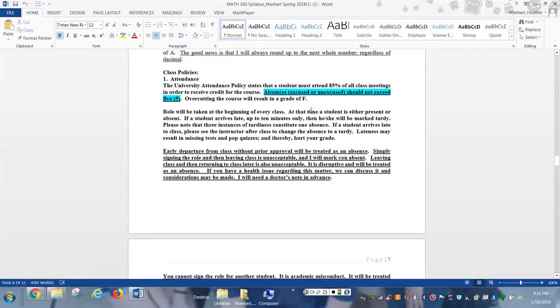Documentation, however, is important. When you are absent and you miss a major test, I will allow you to make up the missed test. But the absence still counts. Even though you have valid documentation, if you're absent and you miss a major test, you are allowed to communicate with me and make up the missed test.